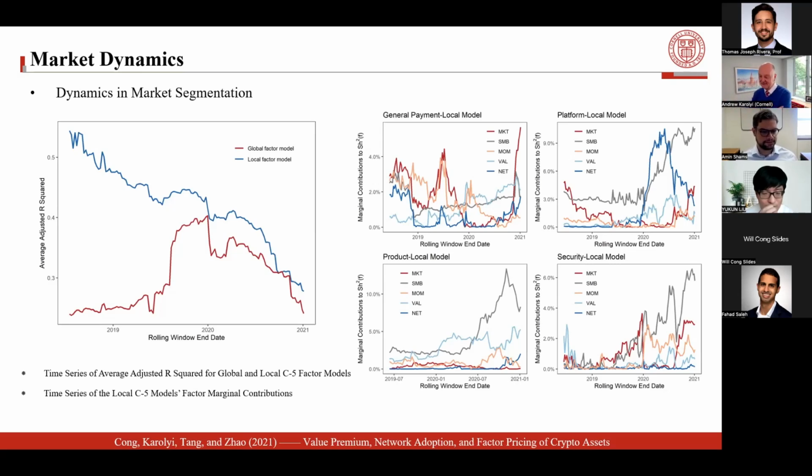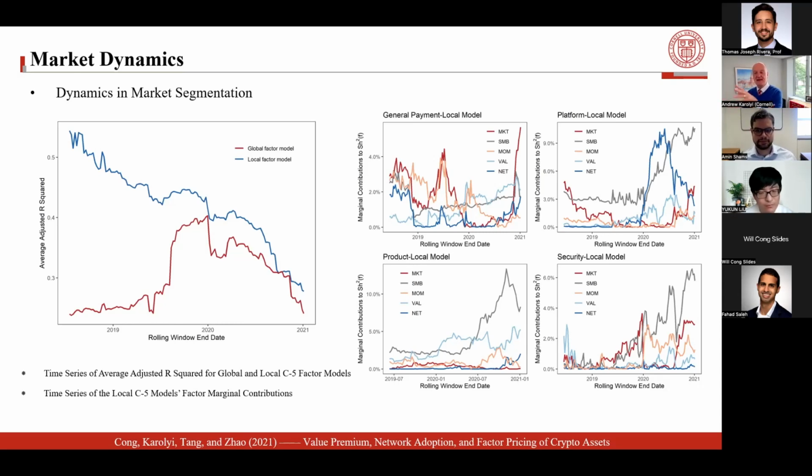And what you see, I think kind of cool, this is new, right, for the team, is that the local factor model on average dominates. Like you just draw an average line through the blue and the red. The red is the global factor model, the blue is the local factor model. You can see that the local factor model has a much higher average time series R-squared. Its descriptive power is much greater. But notice how it's coming down. And notice how the red one is coming up. Then sometime around 2020, both of them start to come down.